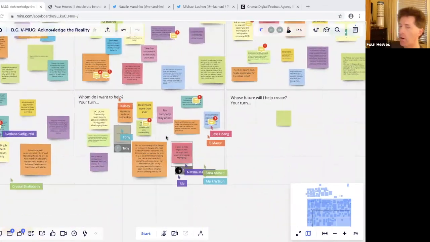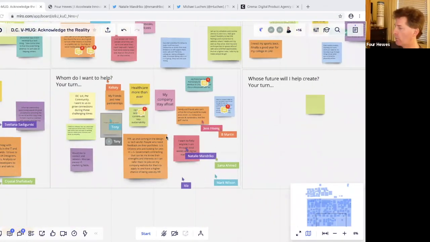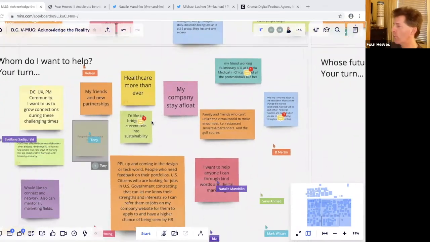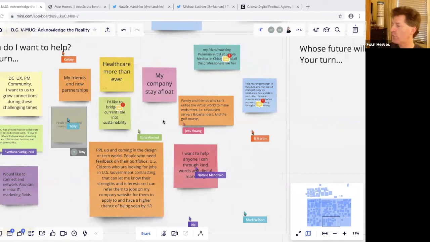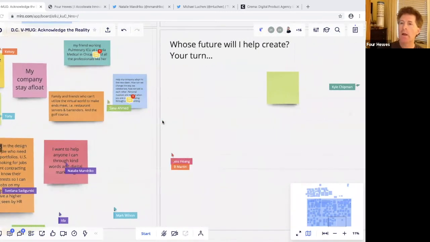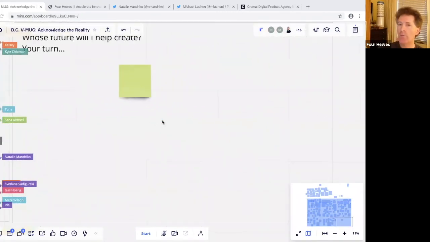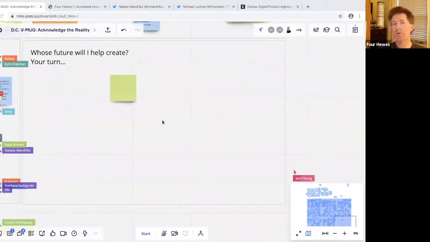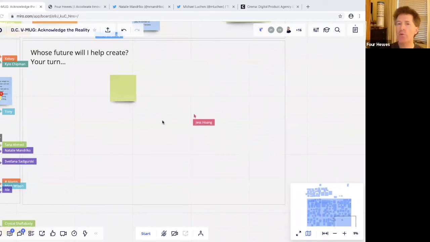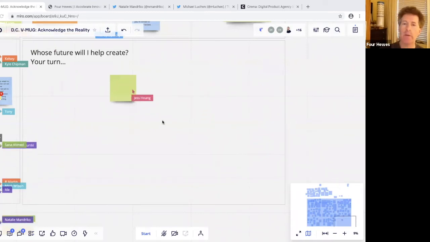And while I lay that rhetorical question in front of you, I will then come to the last question of the 9, which maybe changes or broadens the scope even more, which is, whose future will I help create?